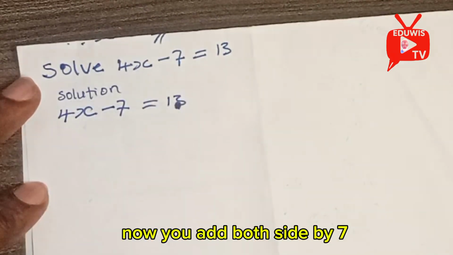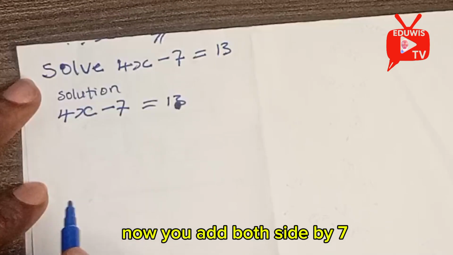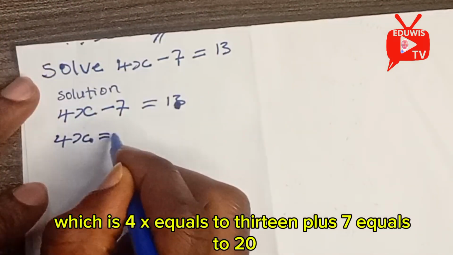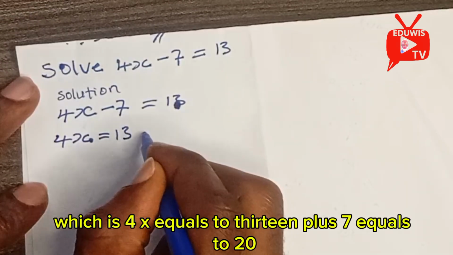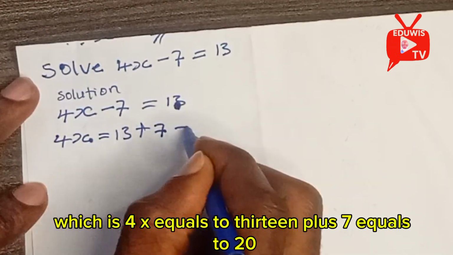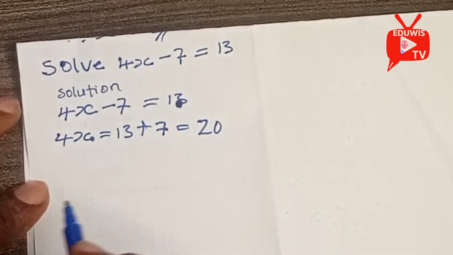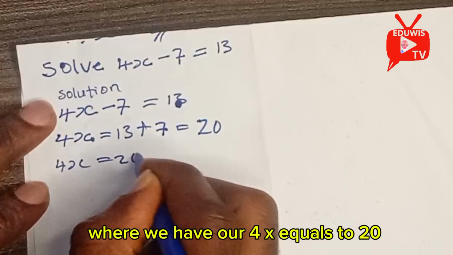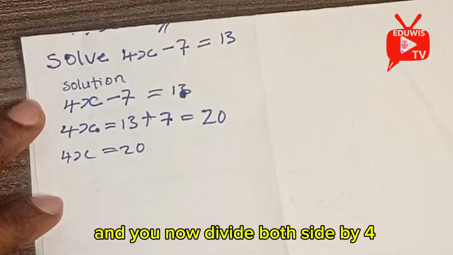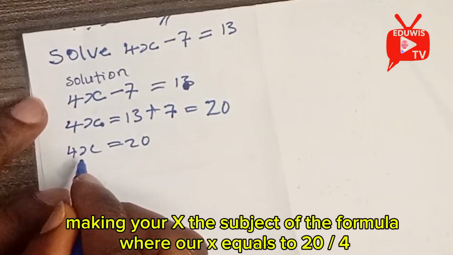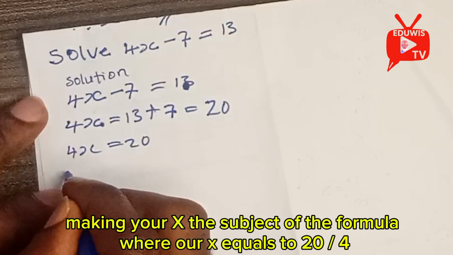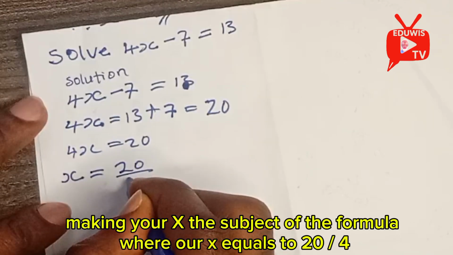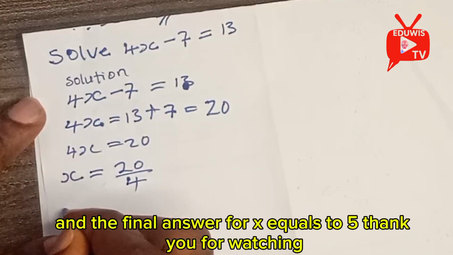In this case now, you add 7 to both sides, which is 4x equals 13 plus 7 equals 20, where we have our 4x equals 20, and you now divide both sides by 4, making x the subject of the formula, where x equals 20 divided by 4, and the final answer for x